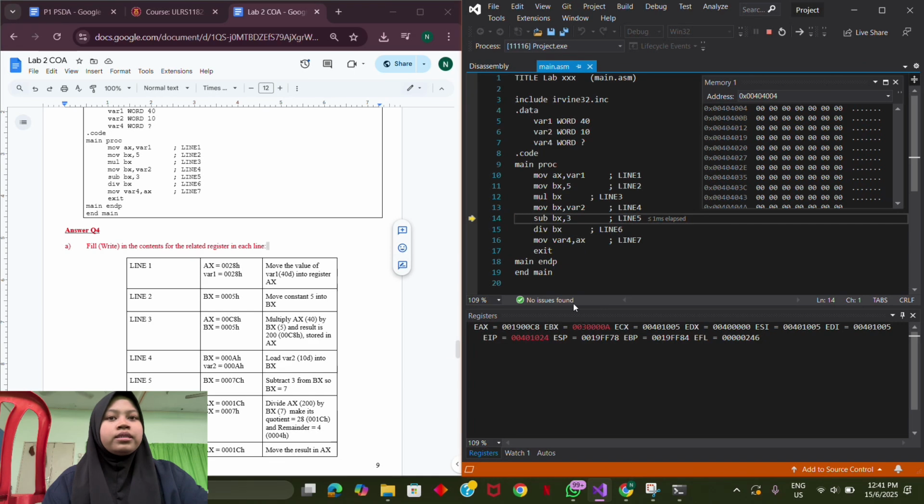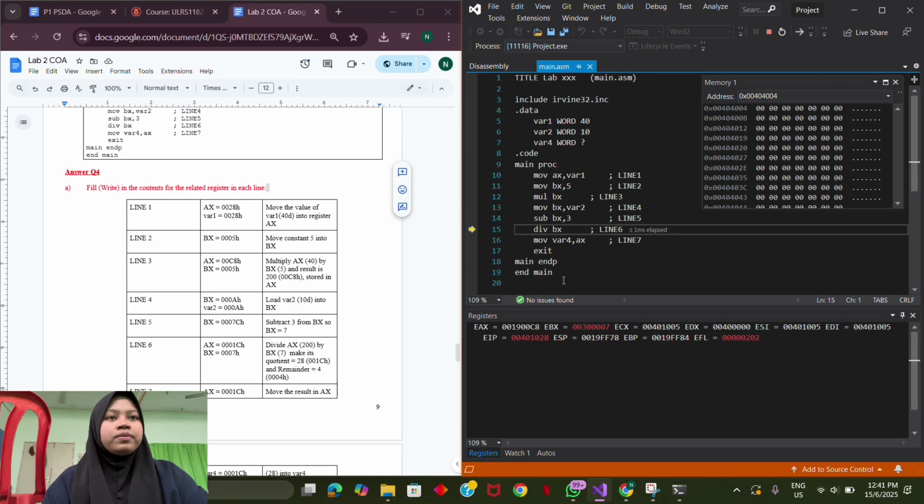Variant 2 is 10 in decimal. We put it into BX in hexadecimal, so we got 000A. And then we move to the next line, line 5, which is subtract 3 from BX, so BX becomes 7,